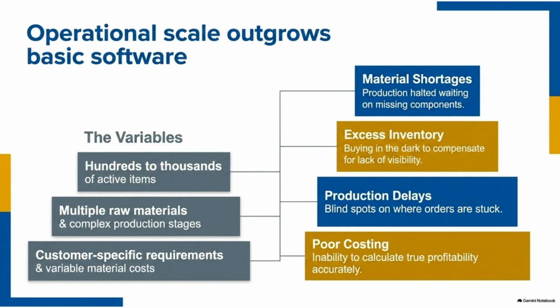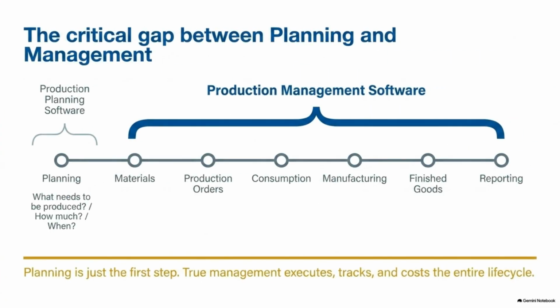Managing thousands of active items and complex production stages without visibility leads to material shortages, excess inventory, production delays, and poor costing. There is a critical gap between planning and management. While planning identifies what to produce, true management software is essential to execute, track, and calculate costs across the entire